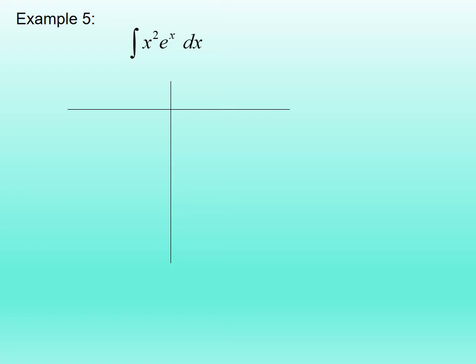side you have to write the function f of x, which you differentiate multiple times until it reaches 0, and on the right side you have to write g of x again, which you integrate multiple times. Good. Which of these two functions differentiates multiple times to give you 0? It's obvious that we have to take the polynomial function on the left side. So x squared differentiates to give you 2x, 2x differentiates to give you 2, 2 differentiates to give you 0, and there you stop. On the right side, take e to the power of x for g of x, and